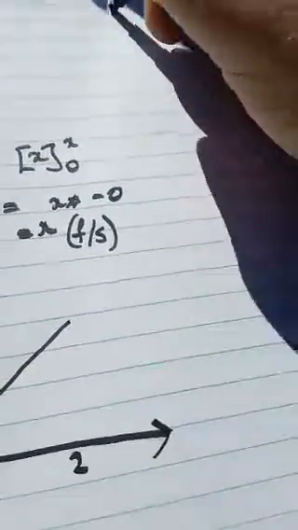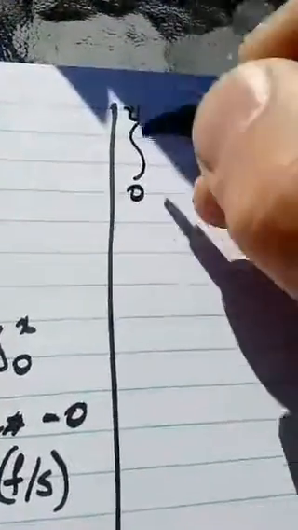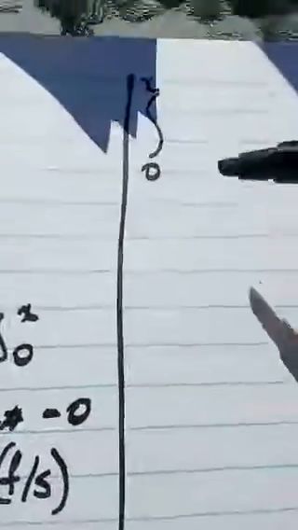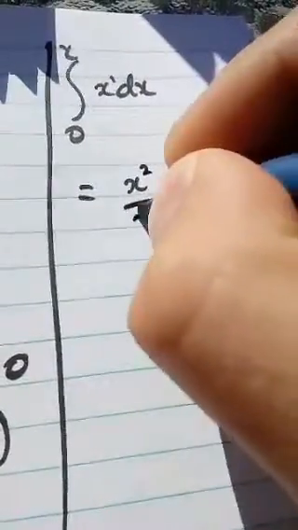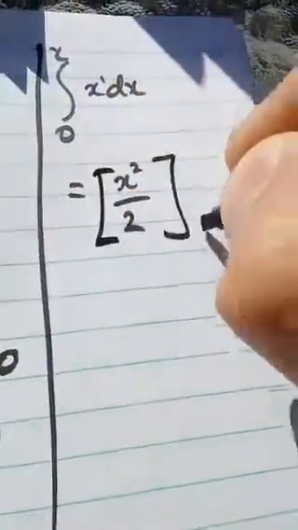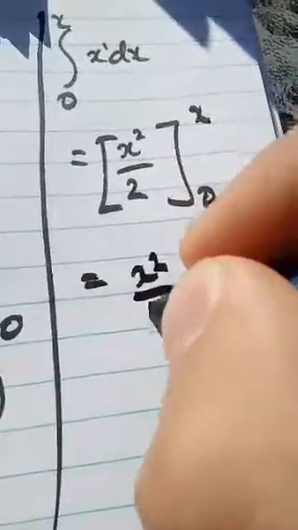Well, this is going to be interesting. What is the integral from start to finish of her speed? Well, her speed is x, so if we integrate that, that's actually x to the power of 1. We add 1 to that and divide by the new power, so that's going to equal x, 1 plus 1 is 2, divided by the new power 2. From 0 to x, so we chuck in x, and when we put in 0, that's 0, so that's going to equal x squared over 2